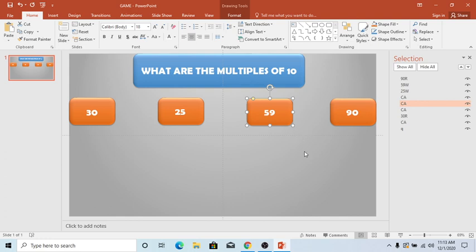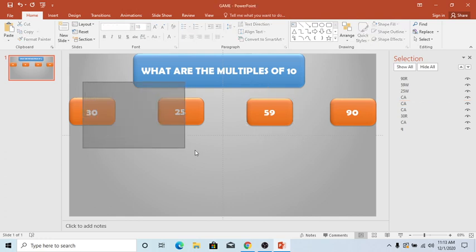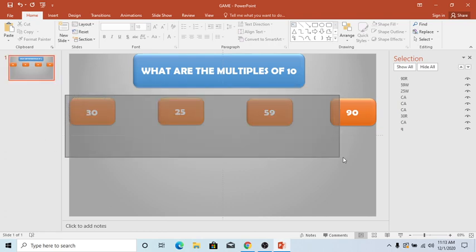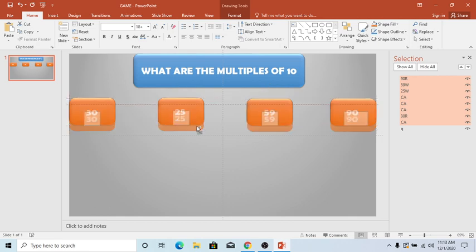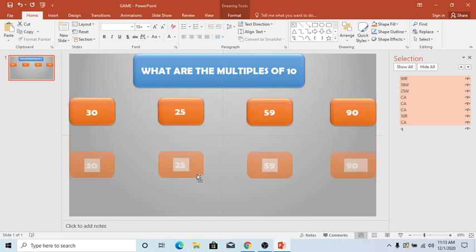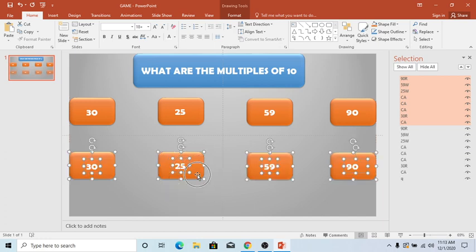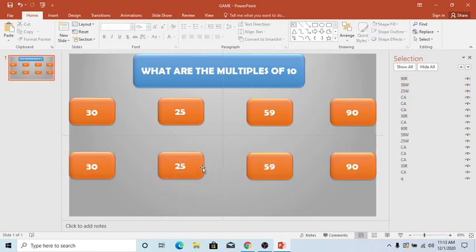So now we select all the boxes together. We select all the boxes, press Control and drag down. So we have similar shapes, and now we only need to change the number and accordingly rename it.